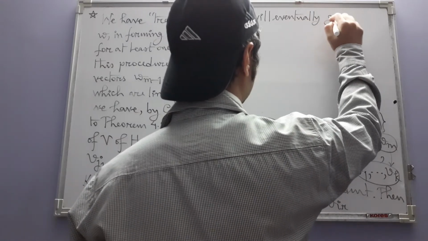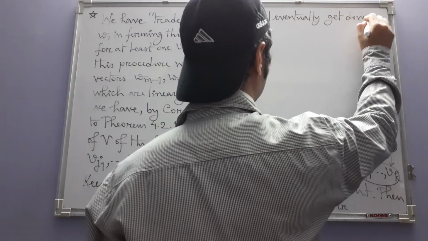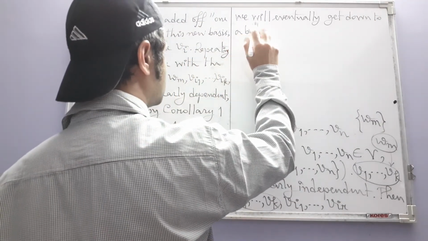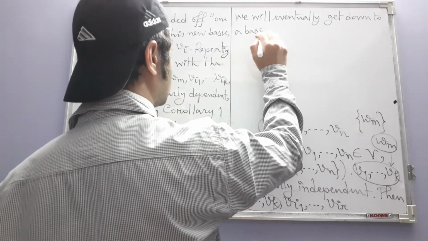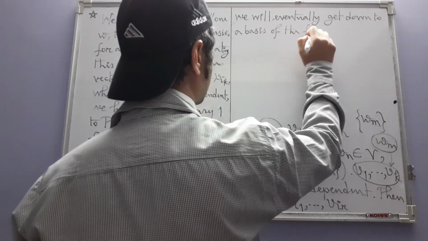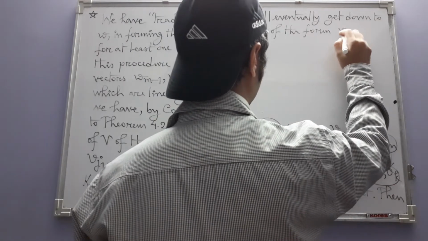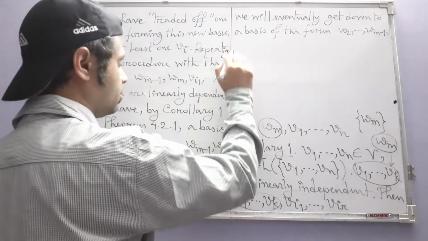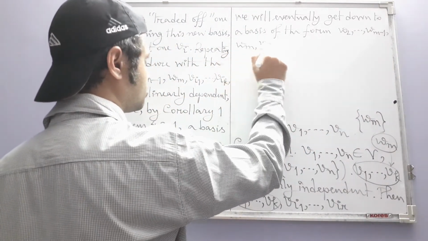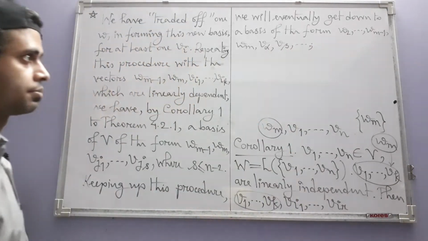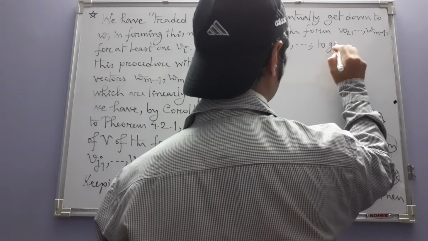We will eventually get down to a basis of the form W2, W3 up to Wm minus 1, Wm, and possibly some V's. And to get to this basis,